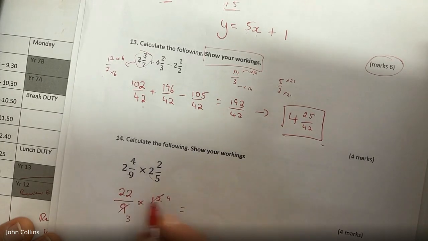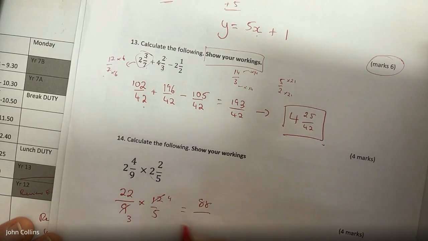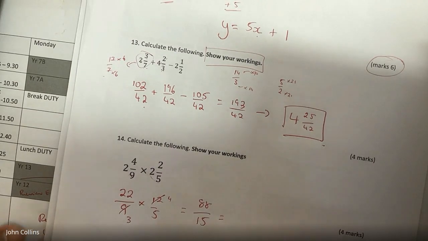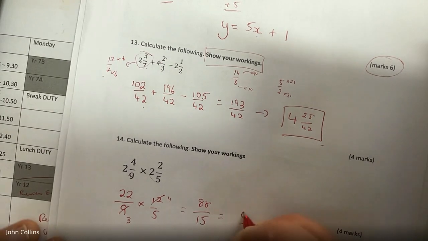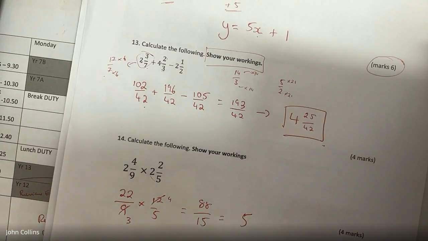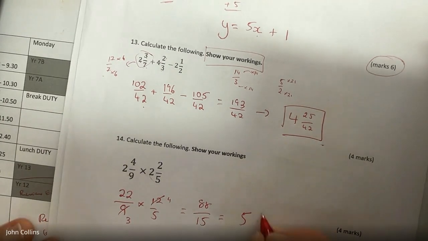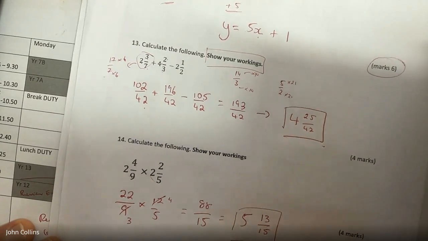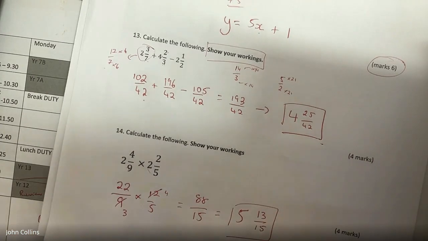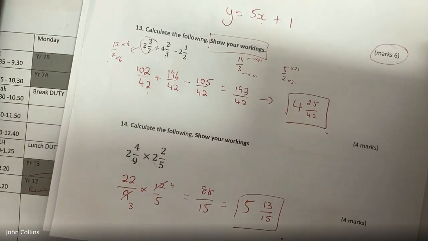Okay, multiply. 22 times 4 is 88. 3 times 5 is 15. How many times does 15 fit into 88? 5 times. You can do this on the calculator a little bit with the remainder 13 out of 15. 5 and 13 15ths for another 4 marks. Okay, you can check on what you got. I think it's out of